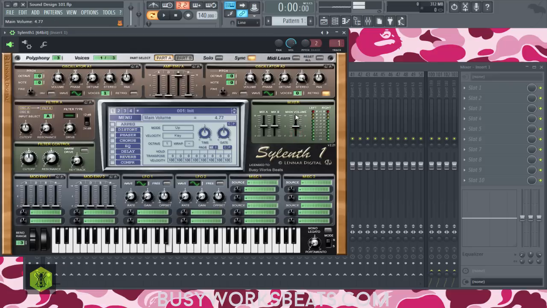Now in sound design, we have what are called voices. And voices are numbers of active oscillators. Think of it that way. So if you look in the top left, almost every synth has what's called a polyphony max voice count. This is why it says voices 0 out of 3. When I press a key, it's only 1 out of 3 because I only have one sine wave oscillator going.